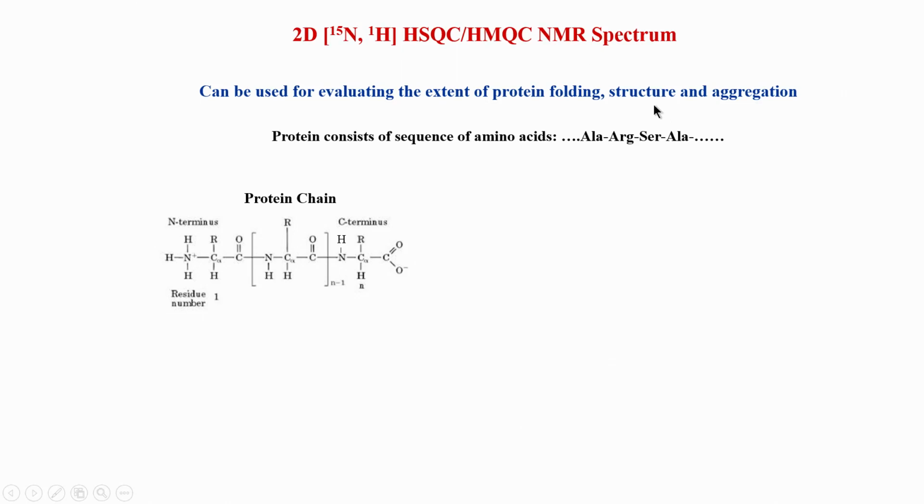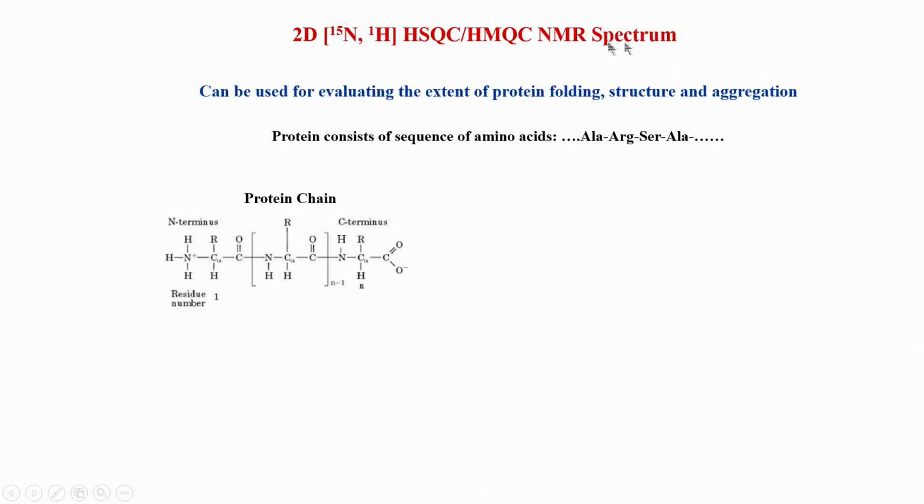Suppose you have a protein and you want to know whether this protein is folded in three-dimensional space properly or not. It could be an unfolded protein, it could be an intrinsically disordered protein which does not have any structure, or it could be a protein which has aggregated. So, instead of a monomer you might be seeing a dimer, you might be getting a trimer in your sample. So, how do we identify those things with NMR? This is the application where HSQC becomes very useful.